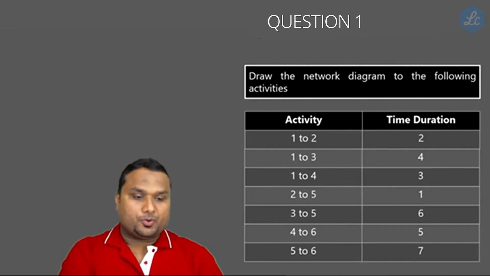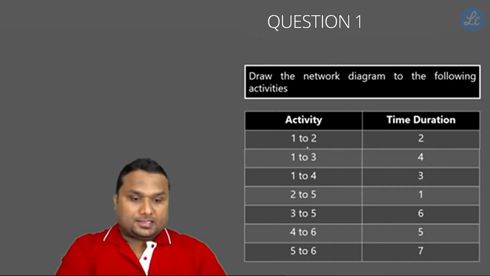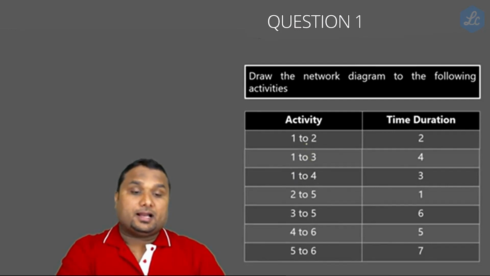Hope you all finished the writing. Activity 1 to 2, it is 2, 1 to 3, it is 4, 1 to 4, it is 3, then 2 to 5, it is 3, 3 to 5, it is 6, 4 to 6, it is 5, 5 to 6, it is 6. Now, the activities starting from 1 are 1 to 2, 1 to 3, and 1 to 4. Now what we are going to do,